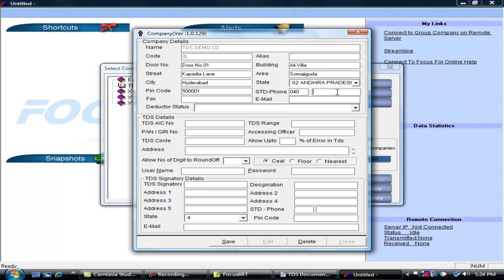All the information, phone number, fax number, we can enter. Deductor status other than central government, TDS account number. This is the number provided by the department. Range, accessing officer, TDS circle, address,